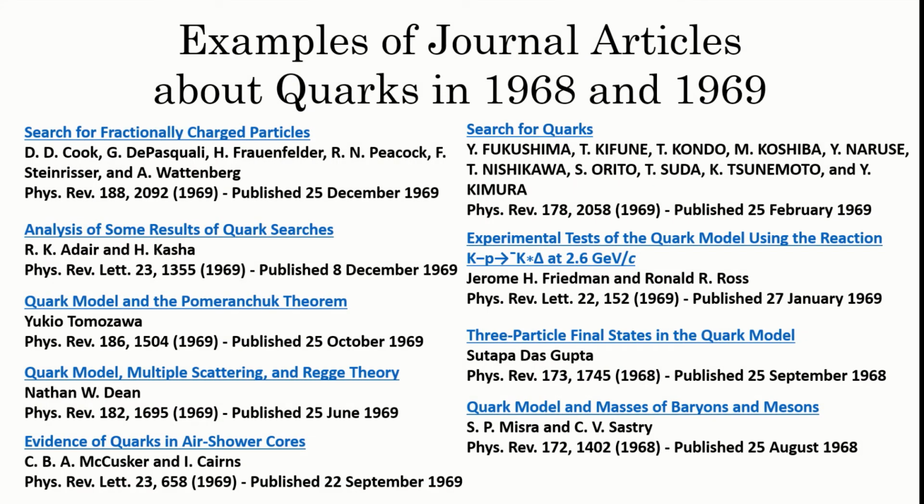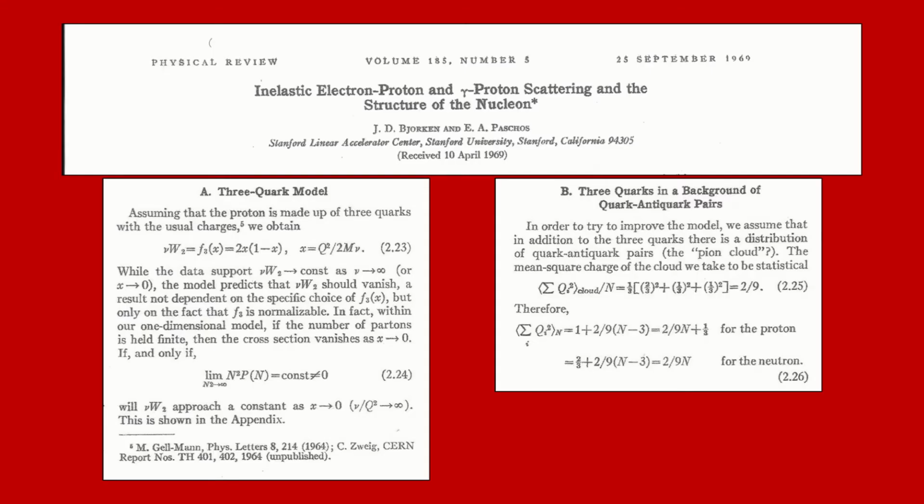By 1969, having found evidence of charged spin 1/2 particles inside the proton, the idea of the proton being made of Gell-Mann's quarks became more appealing. That year, Bjorken and associate Emmanuel Paschos analyzed the initial SLAC structure function data to determine if the proton contained 3 particles as Gell-Mann proposed. If so, it would be hard to argue against the quarks.